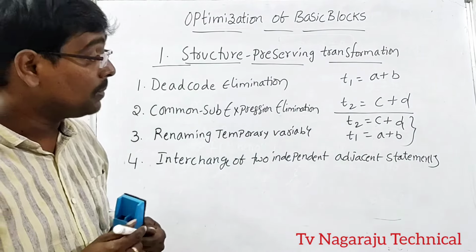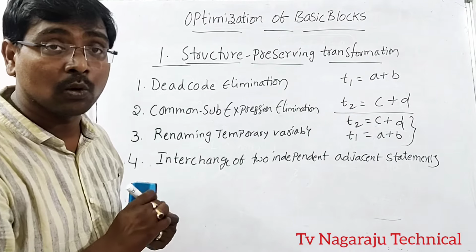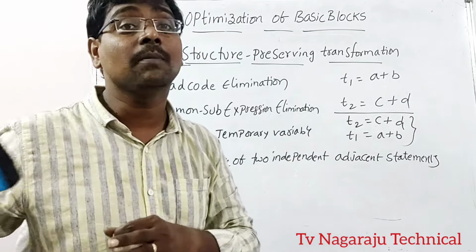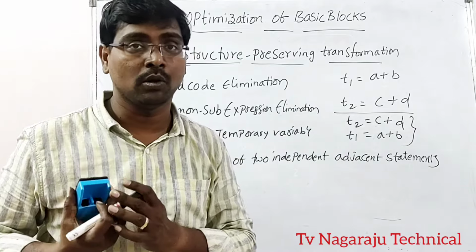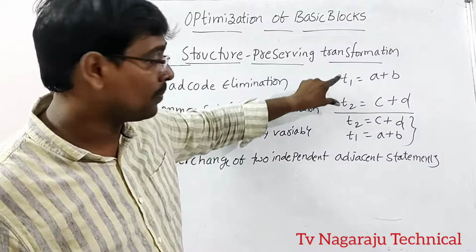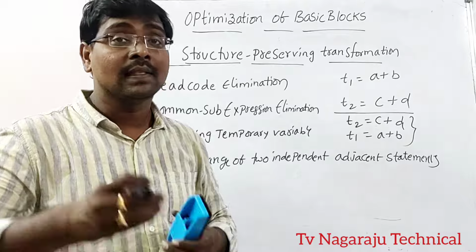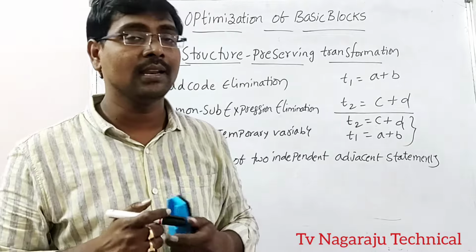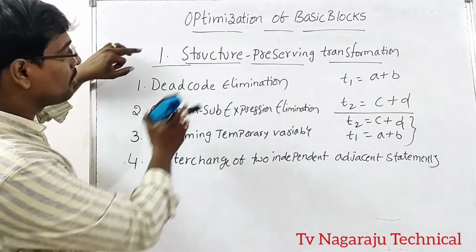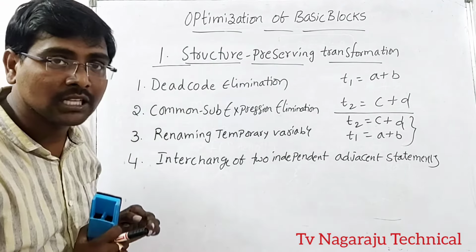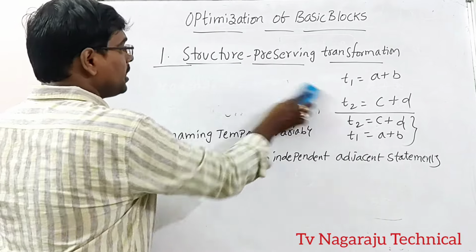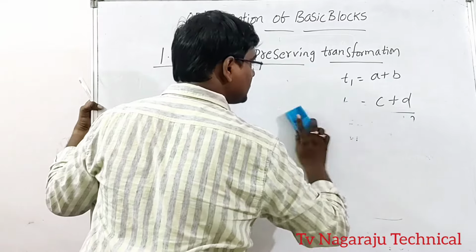Even though this does not optimize the code, internally the order can affect the remaining part of the program. So for these two statements there is no problem. But if you change the order, it changes the entire concept. Okay. These are the four different ways for structure preserving transformation. Next we will move to the second one,